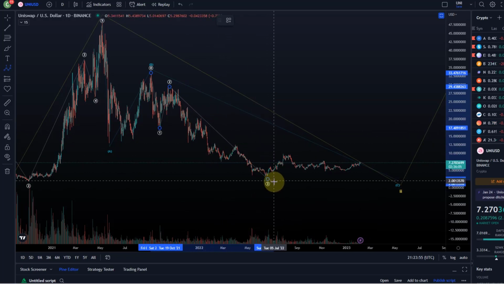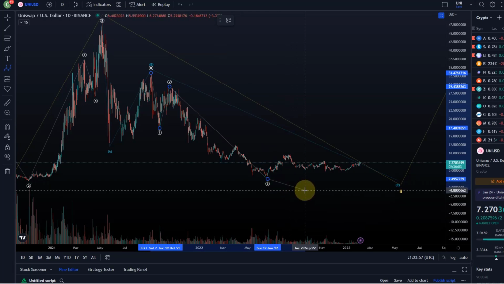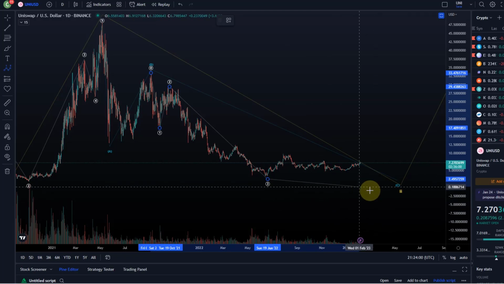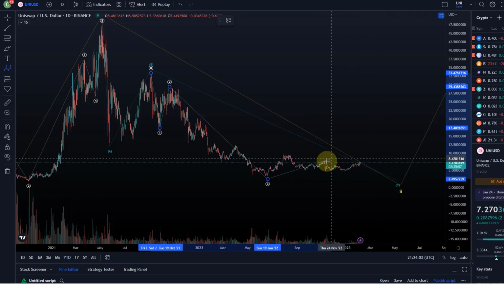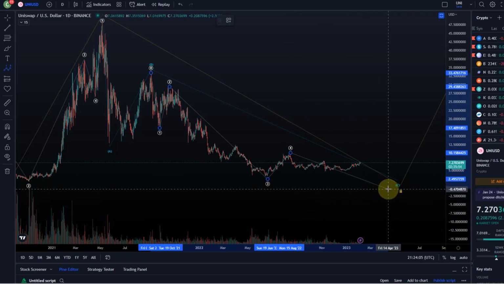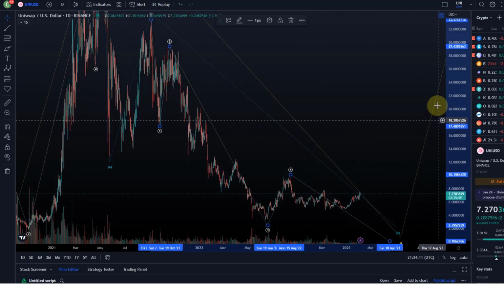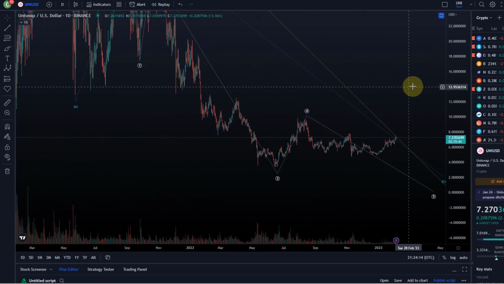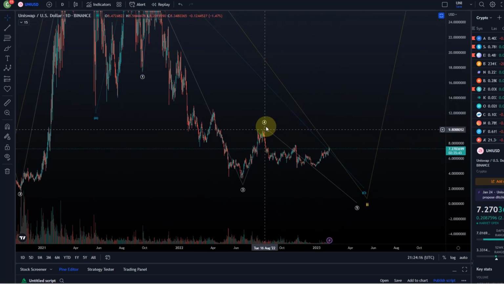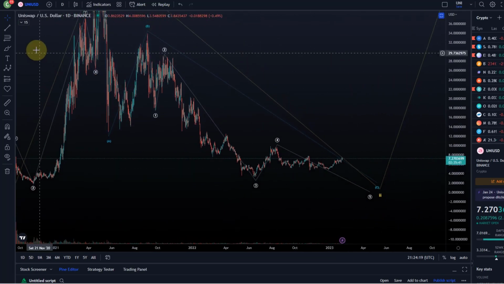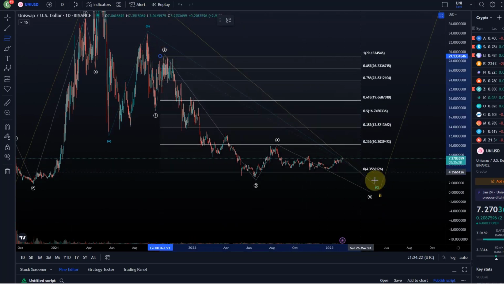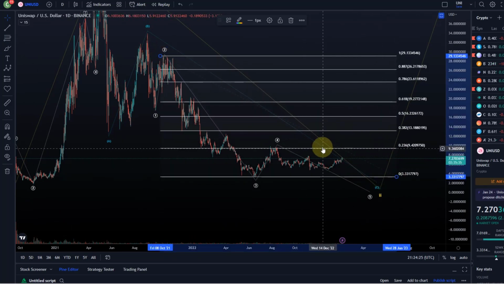So we finished the 3, and now it's getting interesting, because for me there is still one wave missing, right? So I'm currently looking at this possibly as the 4, with another wave 5 to come. But we need to talk about what happens now, because there are various possibilities. The wave 4 is quite short at the moment. If you look at how much it actually retraced, you take the length of the third wave and go to the low of the fourth. Well, it reached the minimum retracement. In terms of retracement, it's the same retracement that Bitcoin reached in June, June to August.